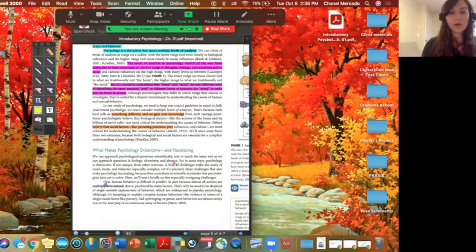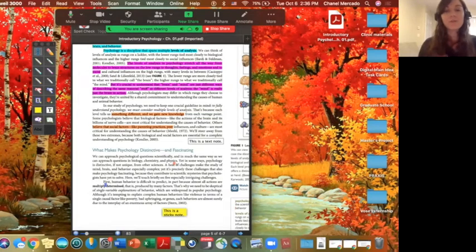The sticky note tool is a text tool that appears on the Kurzweil document. So I can write, this is a sticky note, and that will pop up for me, and you can move that wherever you want. The text note-taking tool is very similar to the sticky note tool. So I'll just write in here, this is a text note. This just doesn't have the background color that the sticky note has. And I can move this wherever I want to. I can also change the colors under my preferences, if I wanted to change the sticky note background or the text note color to make it stand out a little more.